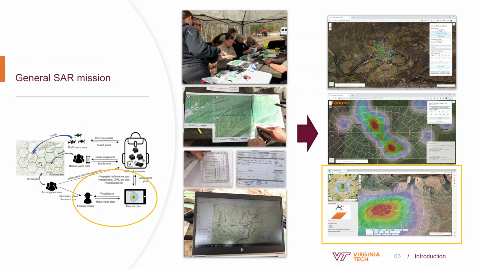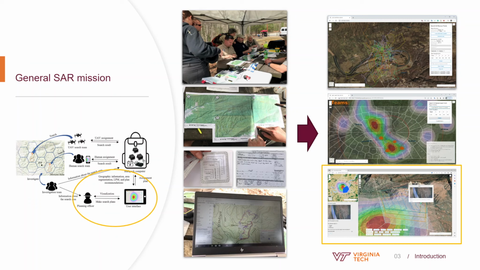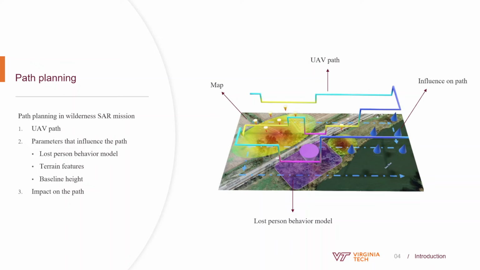The user interface you will use today is a simulation platform revised based on regular SAR missions, in which the area needs to be divided into smaller segments to ensure a thorough and systematic search of the area and effective resource allocation of human search teams. When utilizing UAVs to search an area, they have the ability to cover a larger expanse of land in a shorter amount of time. Thus, the area designated for UAV search is often a composition of multiple segments from a conventional search.